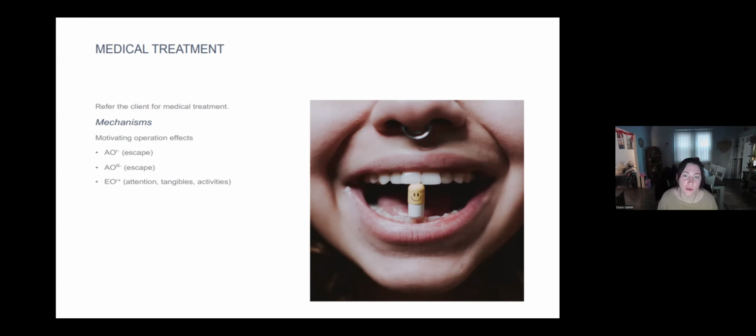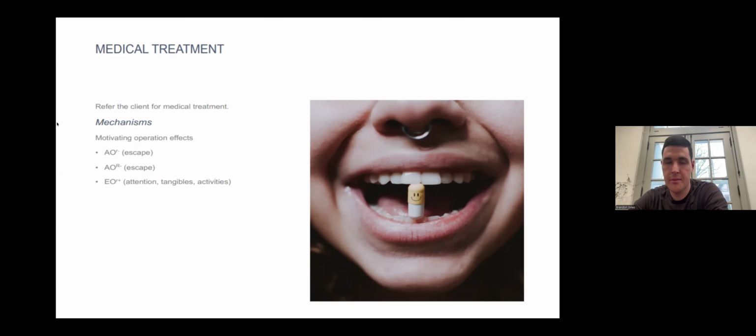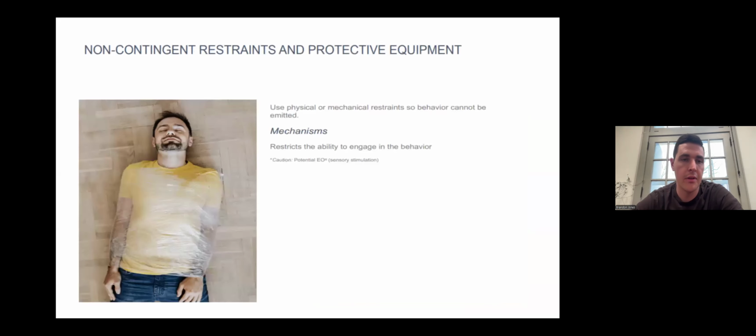And that's one of the first things you should bring up and think about, especially if somebody is having severe challenging behaviors or a sudden spike in challenging behaviors. I think that's super important. Definitely, absolutely, good point. And you could even try to expose them to the instruments. It's a little bit of a separate topic, but you could show them some of the dental tools, some of the noises that they might expect to hear before they go to those appointments to try to make it a little bit easier. Non-contingent restraints and protective equipment.